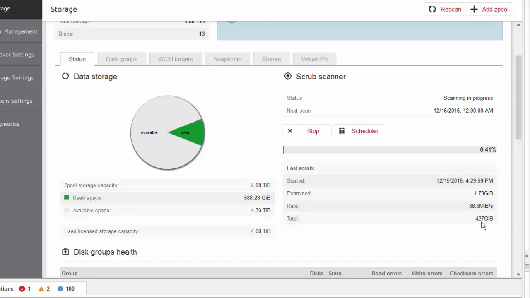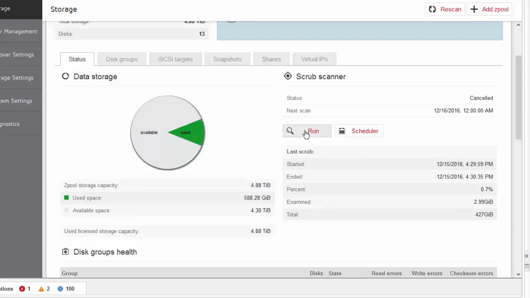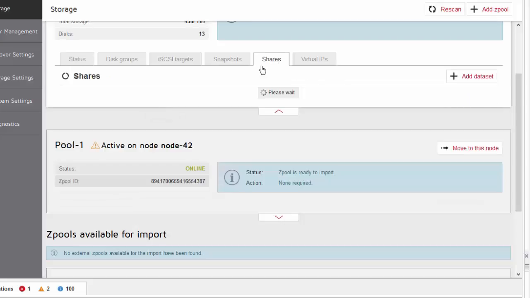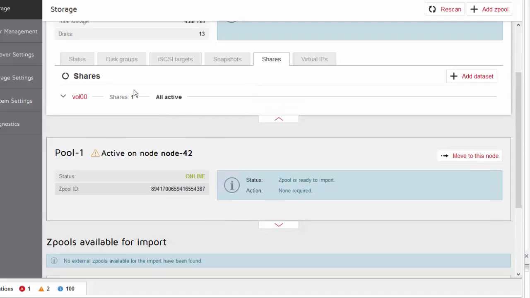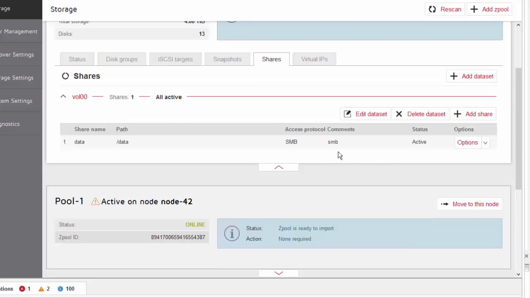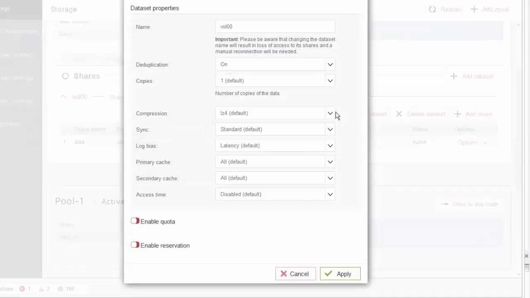Of course, when I'm doing deduplication, the space is not growing, and when I'm removing this duplicated data, I'm not gaining more space, right? I will only see a difference from the user point of view, but not on the pool, okay? Now I want to see how the data is growing, so I need to switch the deduplication off. It's nice that you can switch deduplication on and off anytime in production. So let us edit the data set, and I will switch it to disabled. Now the deduplication is disabled.